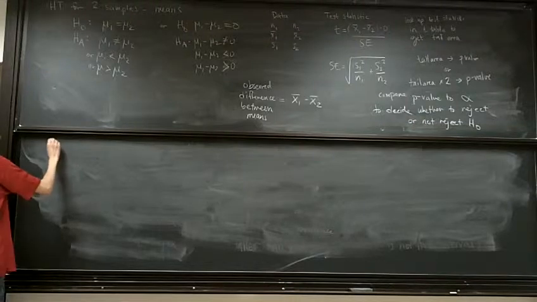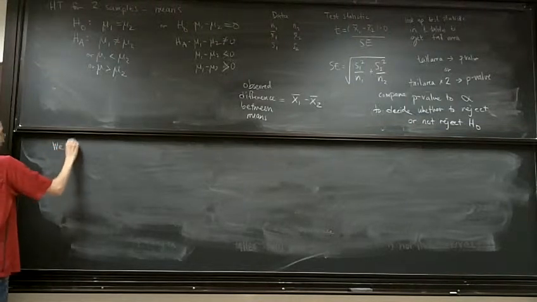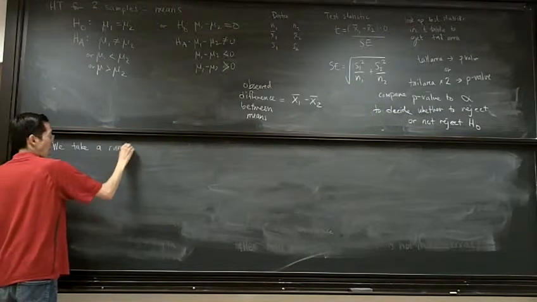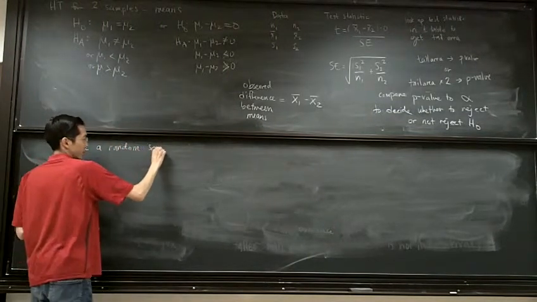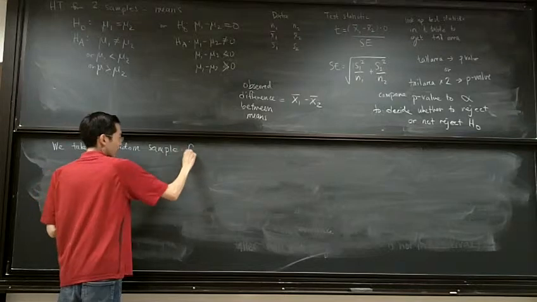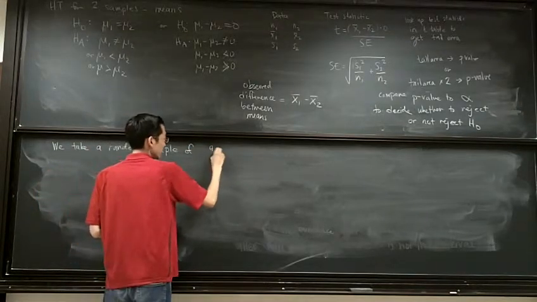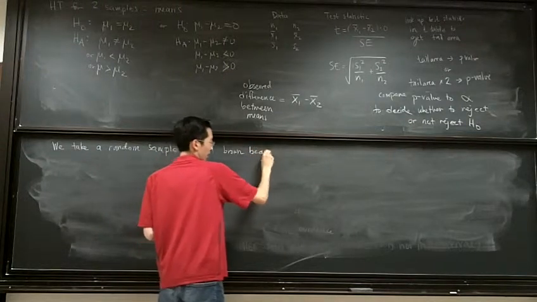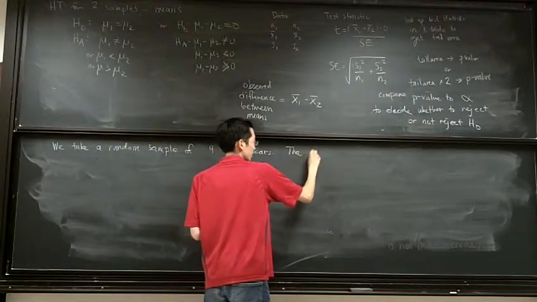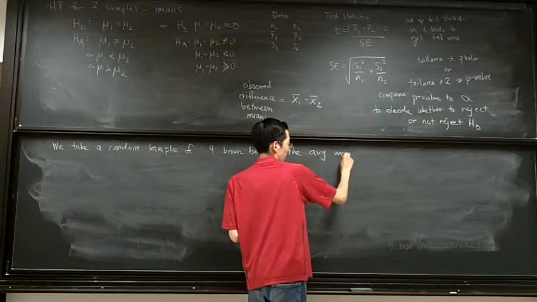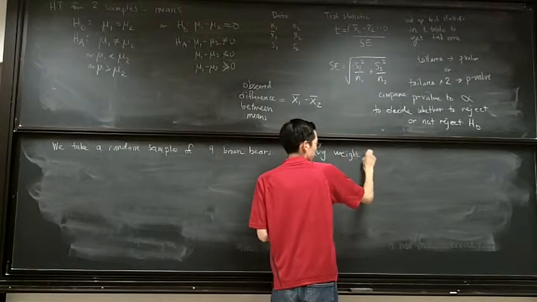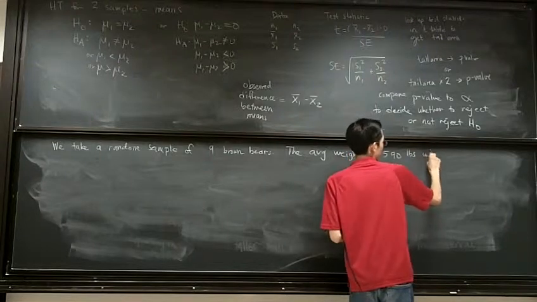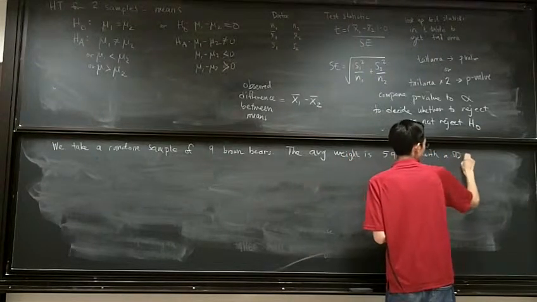So we take a random sample of 9 brown bears. The average weight is 590 pounds with a standard deviation of